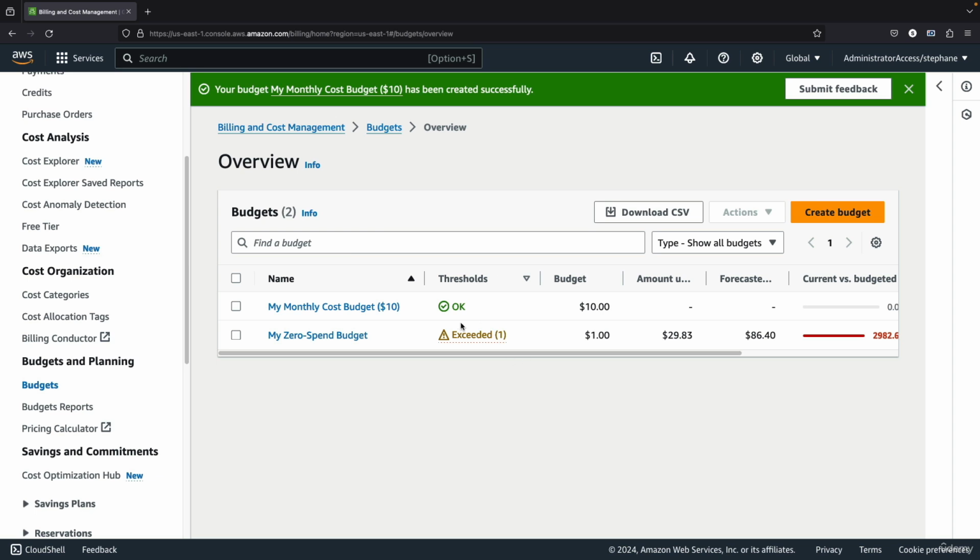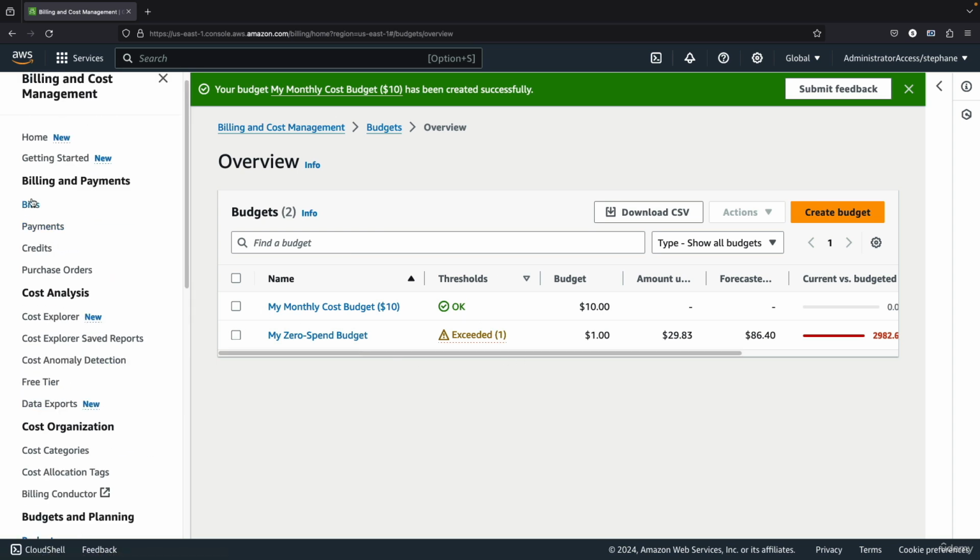With these budgets and access to the free tier on the left-hand side to explore, as well as accessing your bills breakdown on the left-hand side, you should be able to debug any kind of costing issue and billing issue you have on this course. And this is a skill that is going to be necessary for you when using